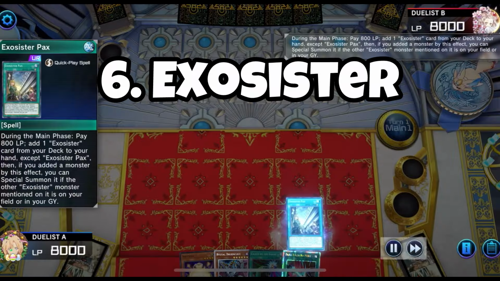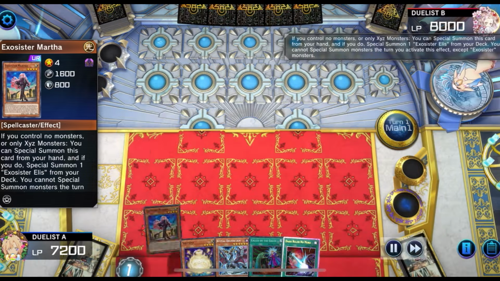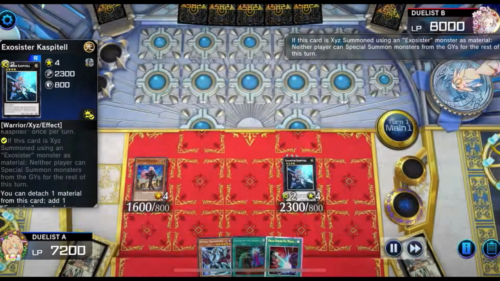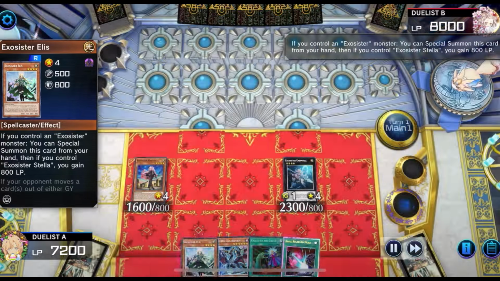And finally we have Exosister. I chose to include this deck instead of Dinomorphia simply because all of Yubel's monsters are 0 attack, so they don't care about Dinomorphia. As for Exosister, they can set up 3 banishes turn 1, and they can Xyz Summon during both turns,